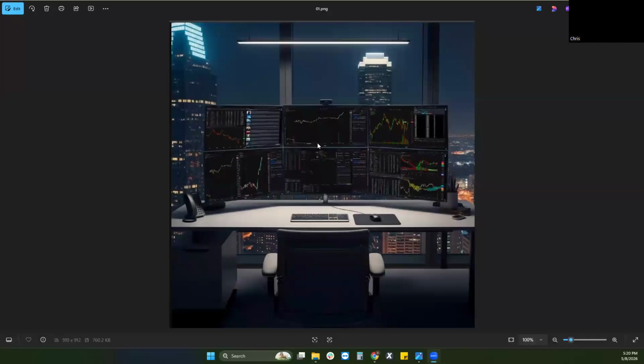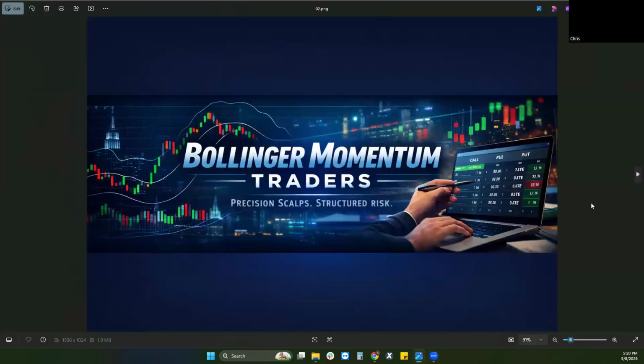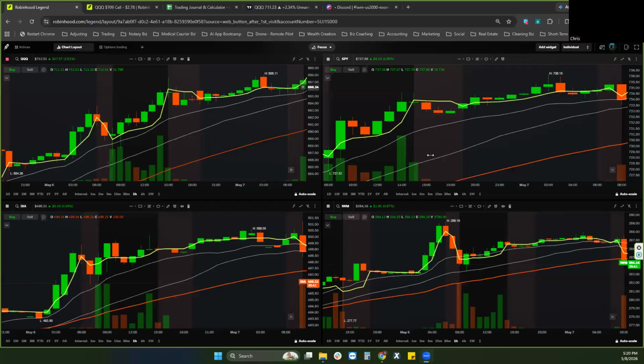So this is going to be a trade recap for May 7th. This is the group Bollinger Momentum Traders, and this is a trade that I actually took. If we are looking here, we're looking at each one. Price is above the moving average,